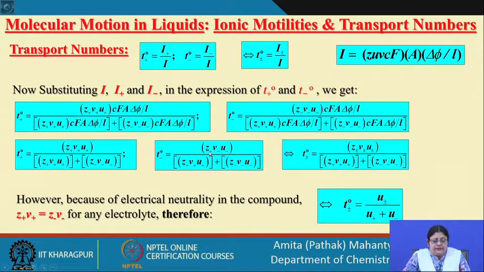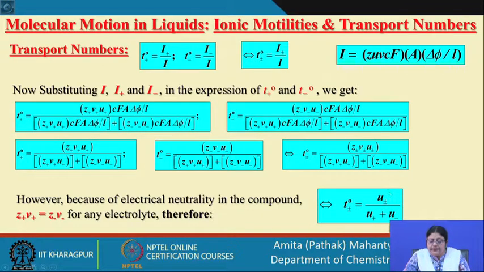of ZUV of the negative ion and ZUV of the positive ion divided by the total ZUVs of the positive and the negative ion. Now, since the solution is going to be electrically neutral, the ZV of the positive should be equal to ZV of the negative. So, if you apply that, you can cancel the ZUV parts, then you have the ratios